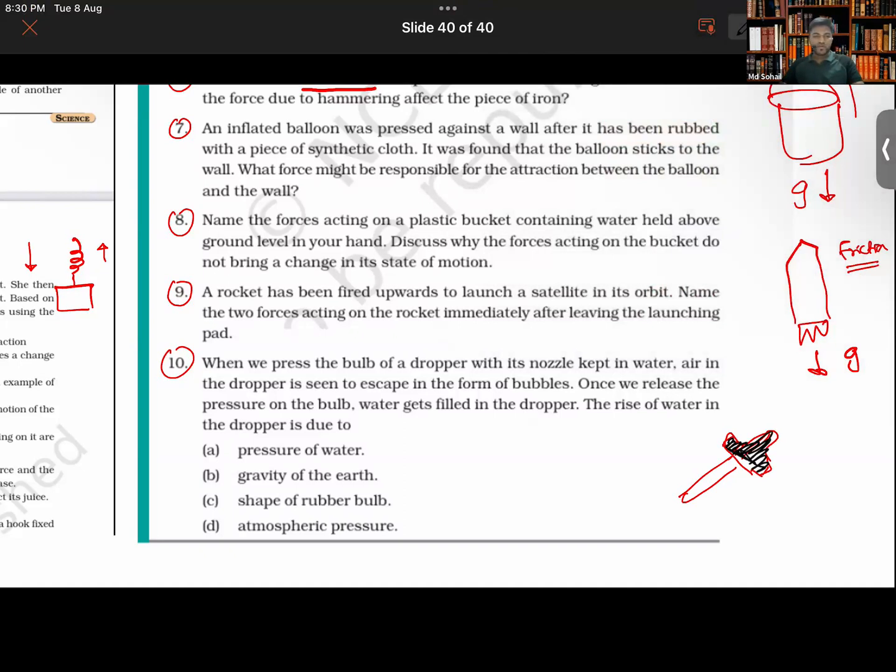Is it due to pressure of water, gravity of earth, shape of rubber, or atmospheric pressure? It might be atmospheric pressure, because the pressure inside the dropper is not